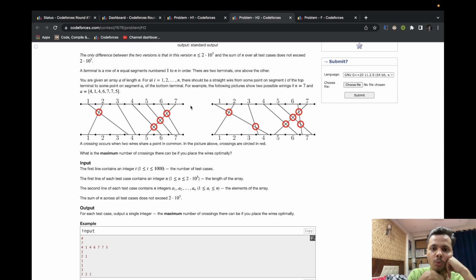When can two wires cross? So we have a wire going from I to A of I and a wire going from J to A of J. So we have to check whether they will cross or not. How do we do that? If J is greater than I,